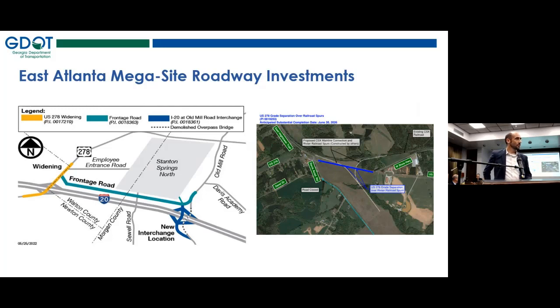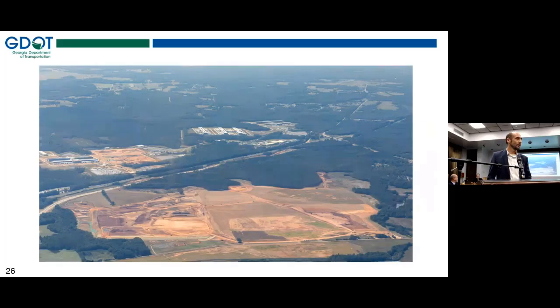The 4th project is a recent addition. It's actually a grade separation project where we are grade separating US 278. You can see it on the right there, to allow for a CSX spur line to access the megasite for rail operations to serve this car manufacturing facility as it's constructed. So that represents the portfolio of projects that the department has introduced into its program to deliver to support this operation. So I can show you the diagram, or I can show you a picture of what it looks like